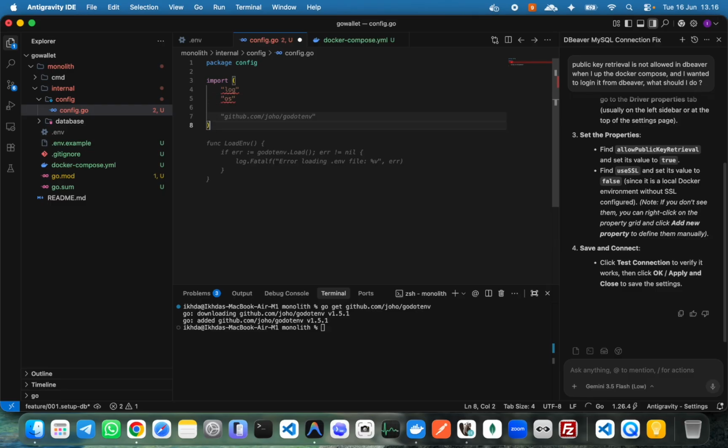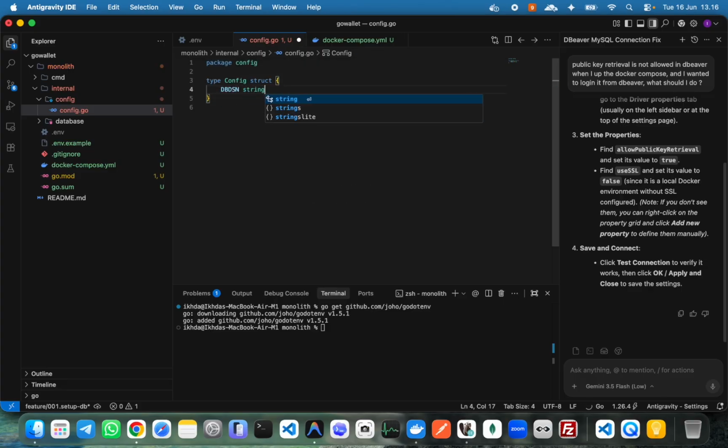No, I think no need for this one. They will automatically import if I'm not mistaken. So I want to try a config struct. We create a struct with DBDSN string, then func LoadConfig